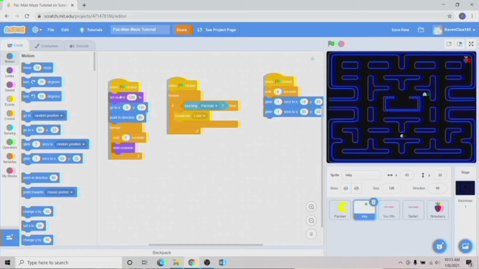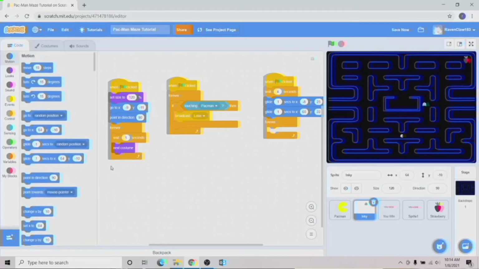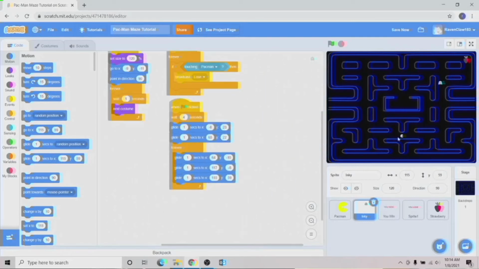And then we're going to start using forever blocks. After this, we're just going to use a few movements. So we're going to move him to here. Move him here. Up a bit. Move this over here. Have him go next to the fruit, so that way he'd be guarding it just a little bit. Want him to go here, all the way over to here,